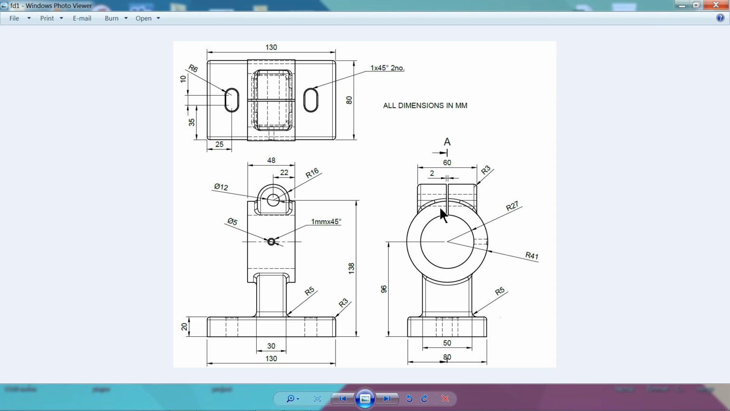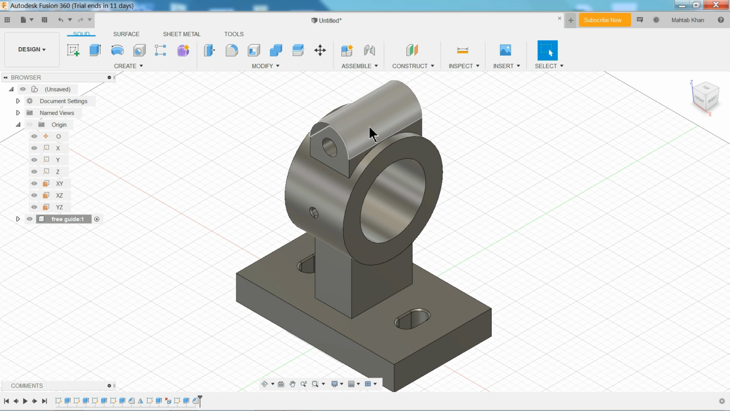Now here we need to make a cutout. This cutout is 2 millimeter. Then later we will assign all the edges fillet 3 millimeter. Only one edge is 5 millimeter. All other edges are 3 millimeter. So I'll show you how. And let's make this cutout 2 millimeter. We will assign fillet. Then we will make the cutout here. So first fillet we will try